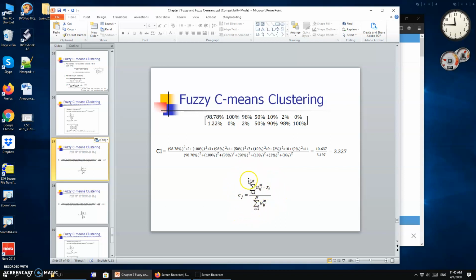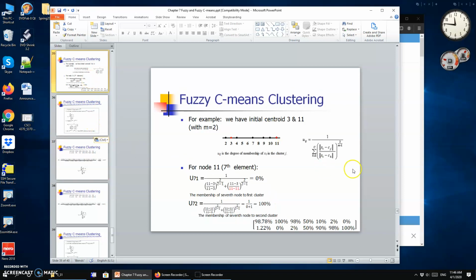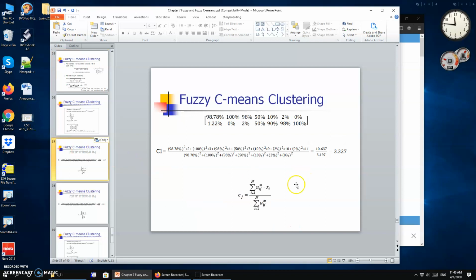The numerator and denominator have a common part, which is the denominator. For every single membership, you take the m value. If you still recall, the m value is the one that we used over here. We use the same value to calculate our membership as well as our center values. And like I mentioned earlier, m is by default set as 2, and that's what we will use in the